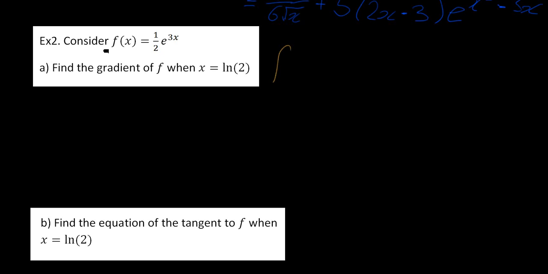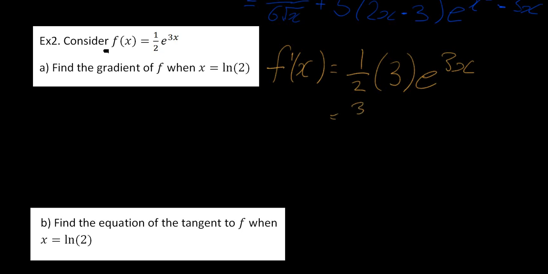We have f dash equal to half. Now we're putting a 3 here, so we're taking the derivative of 3x and putting that to the front, and keeping the base and index. So we already have 3 on 2 e to the 3x. Okay, what we want to find is the gradient. Now the gradient when x equals ln2